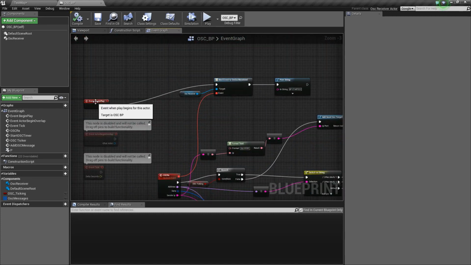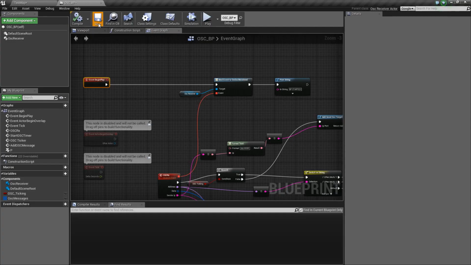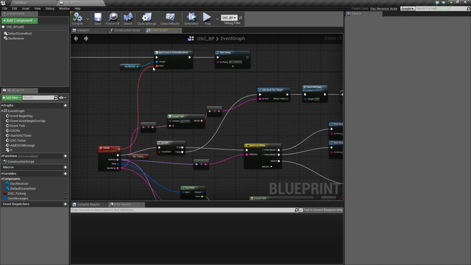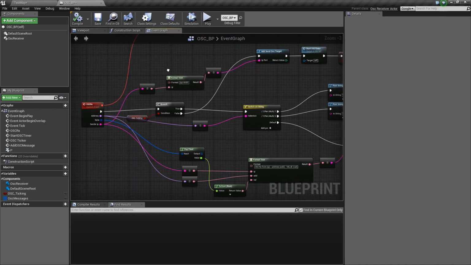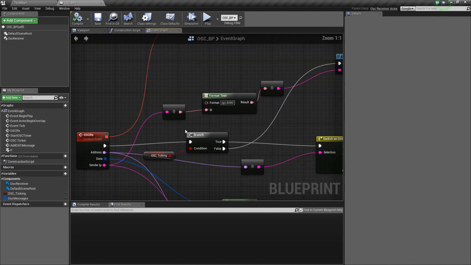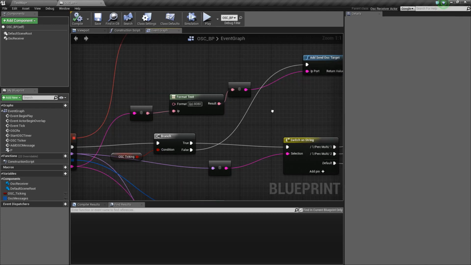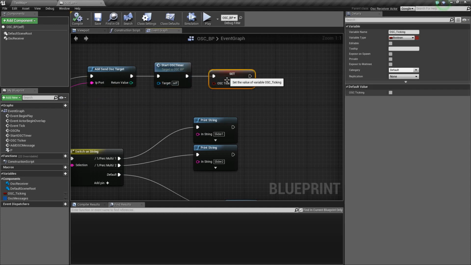Just to recap then, we've got our blueprint, which is obviously dragged into the scene, so it actually functions. Start event begin play. We bind our receive device, a receive event. So when anything is received, this is triggered, and then it's going to sit there listening for input. And then the first command that comes in, we grab the IP address of the iPad and say, right, that's what we're going to send back to. Send our target, start the timer, and